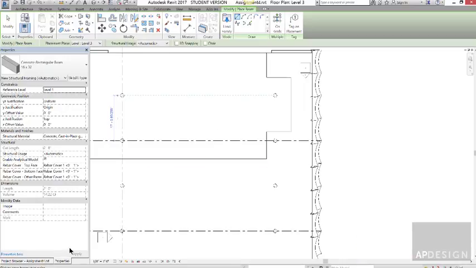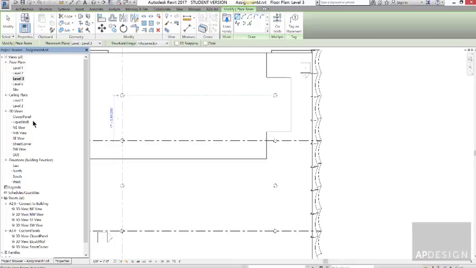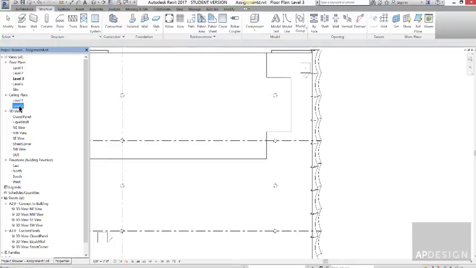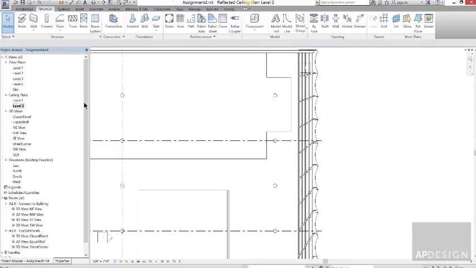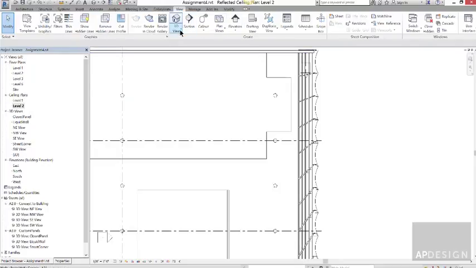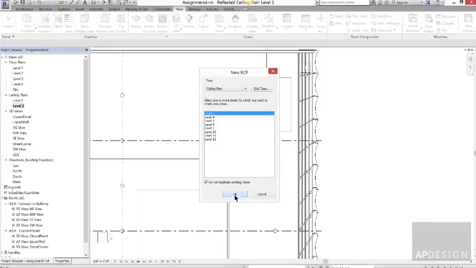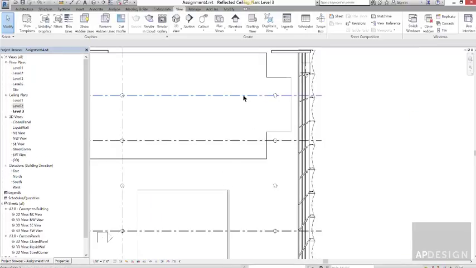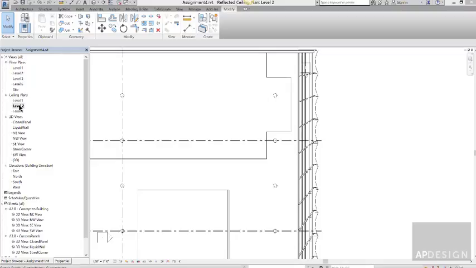Okay, so let's take a look at where we might see that. It might be, probably be on this, well, let's see what's here. Alright, let's go ahead and make this reflected ceiling plan that's level 3 and see if there's anything there. Alright, so if you go to the ceiling plans, level 2,